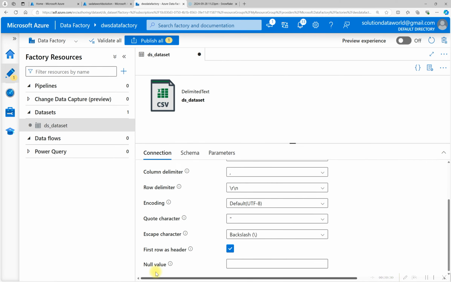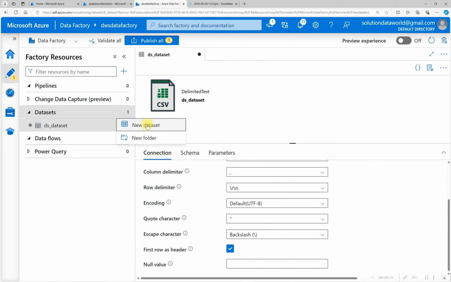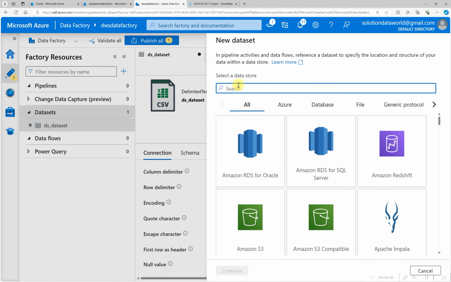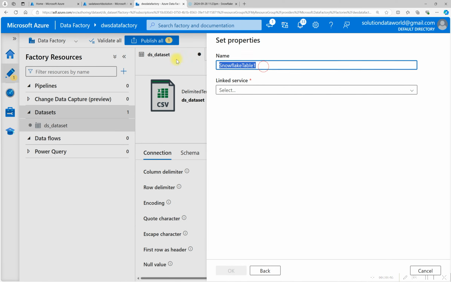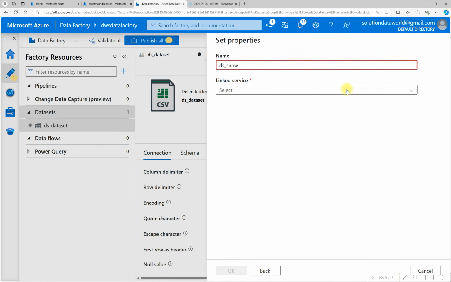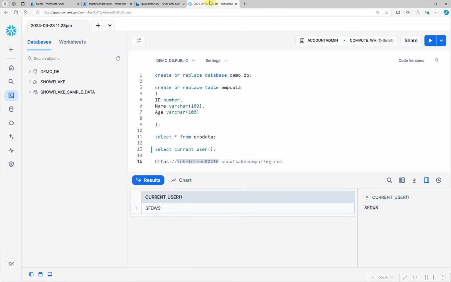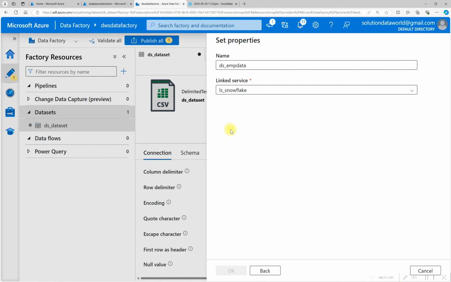Okay, so we created the dataset for blob storage. Now click again on this three dots to create a dataset for Snowflake. Click on this Snowflake icon, continue, DS, name it Snowflake, name it table name. Okay, so this is my table name. We want to load data into this table, so DS and select here